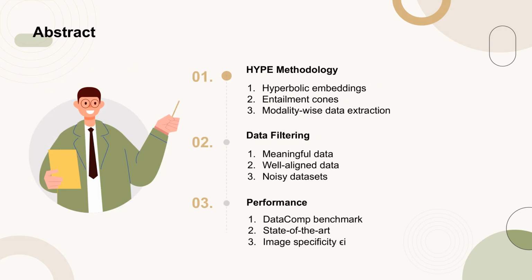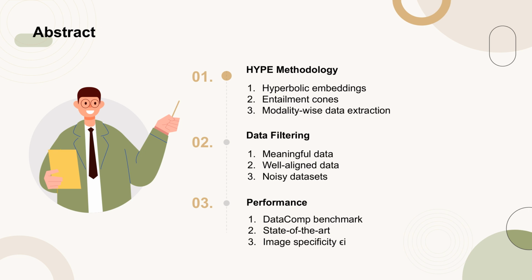The abstract introduces the hyperbolic entailment filtering (HYPE) methodology, which uses hyperbolic embeddings and entailment cones to extract meaningful and well-aligned data from extensive, noisy image-text pair datasets. This approach focuses on enhancing the specificity of each data sample. HYPE shows significant improvement in filtering efficiency and sets a new state-of-the-art in the DataComp benchmark. Additionally, the image specificity I can be used to create an image-only dataset, showing superior performance compared to datasets induced